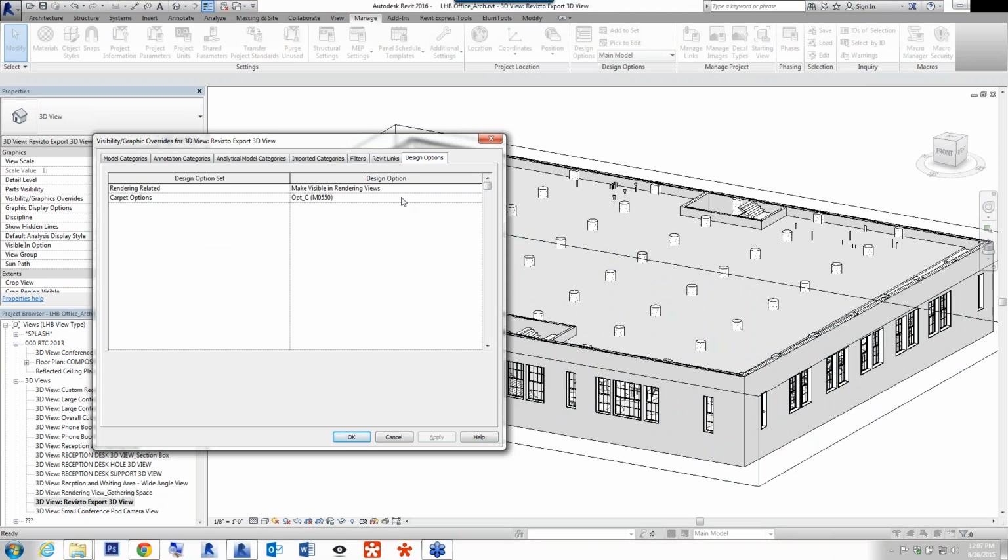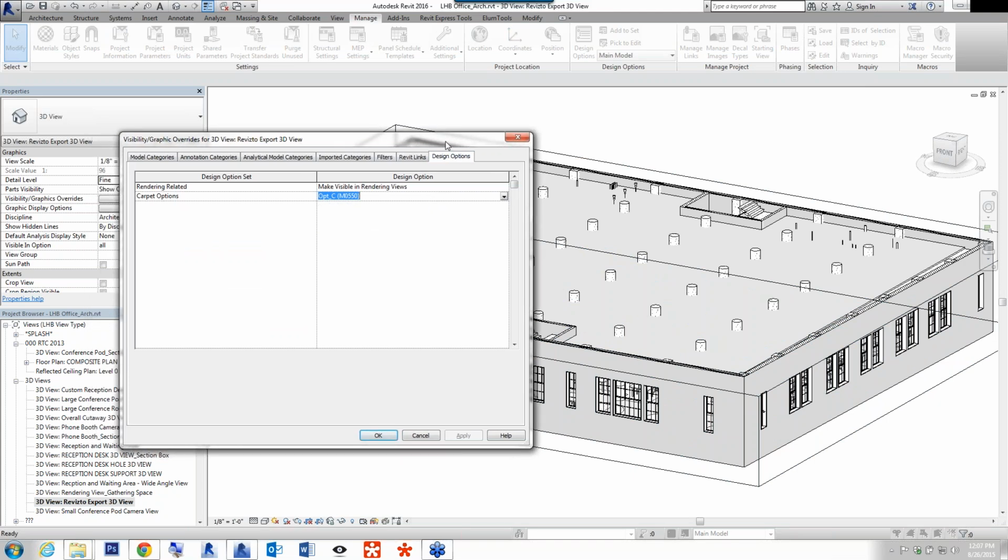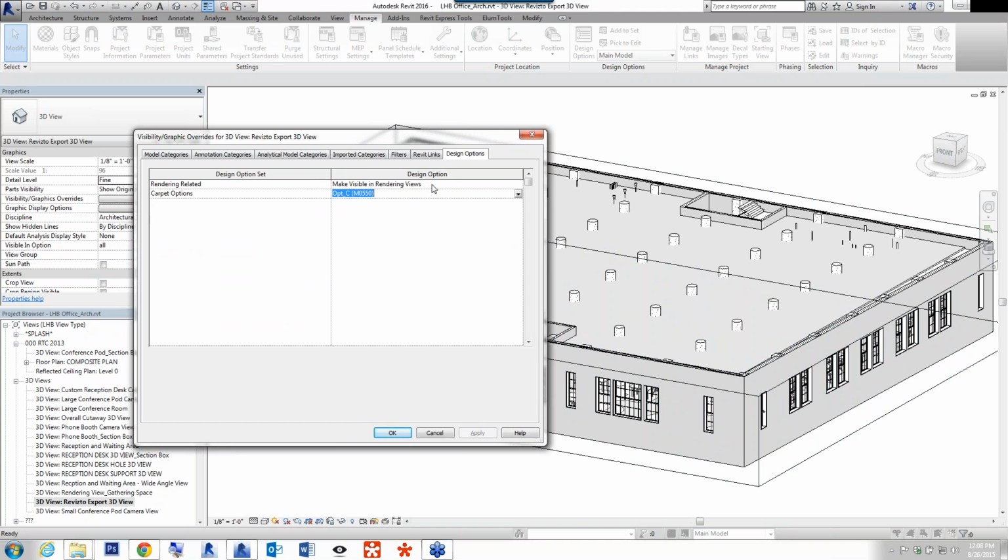One of them is related to 3 different carpet options that we had in the project during the design, and then another one is a trick that I've come up with and presented on before, of creating a design option where the primary option is empty. So for construction documents, things like entourage and other extraneous things that are really more for presentations and renderings can be in this secondary design option. And I even named it, to make sense for the design team, make visible in rendering views.